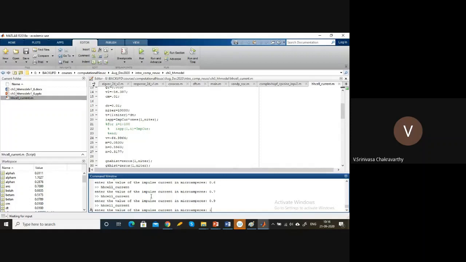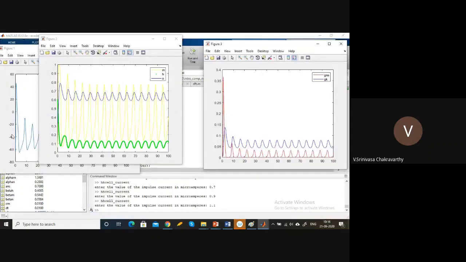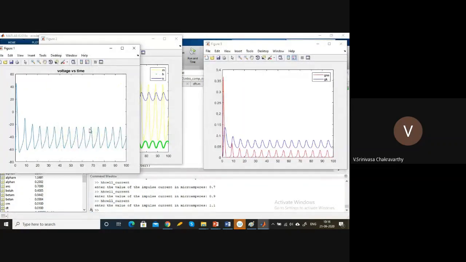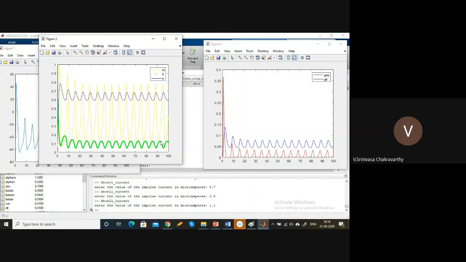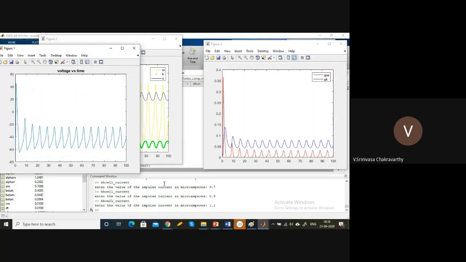So then I'll say 1.1. At 1.1, it hardly seems like an action potential. It's actually quite smooth, right? Quite wide, and so even the M, H, and N variables almost seem like sinusoids. Right. So if you look at the conductances, the first time it occurs, it looks kind of like an action potential related conductance. After that, they look very smooth. So same thing with the voltage also.